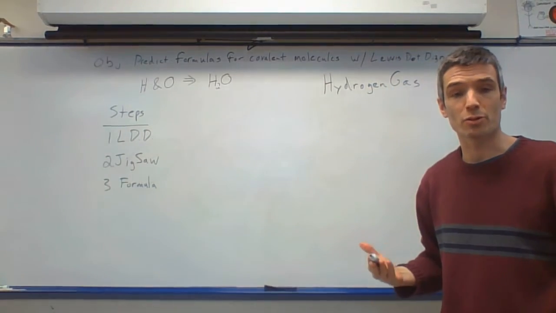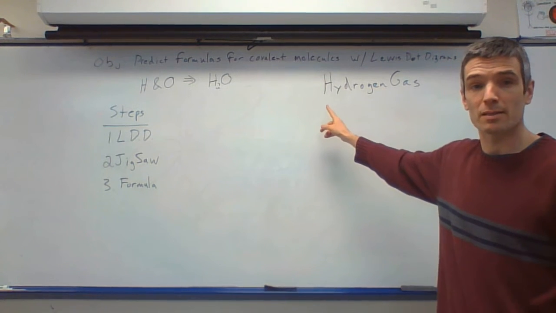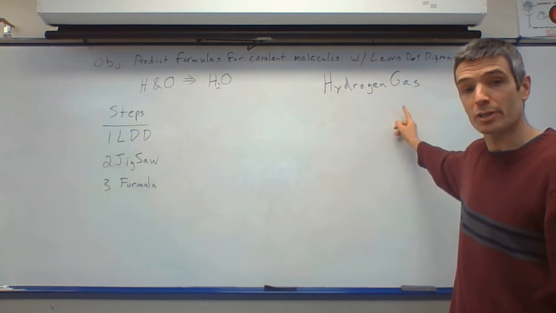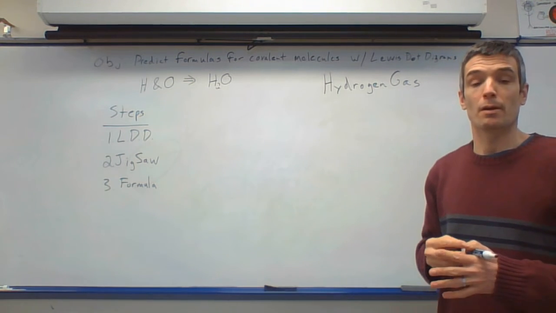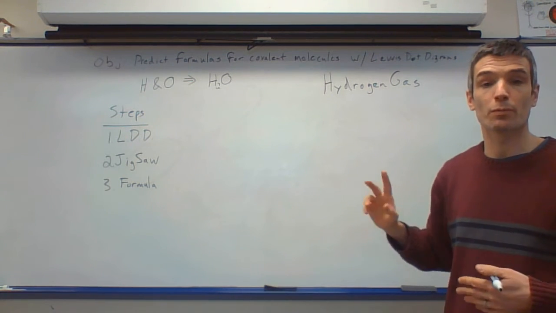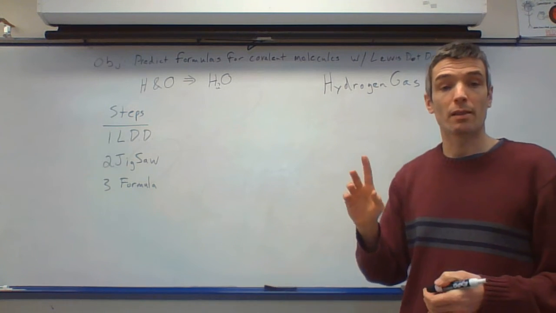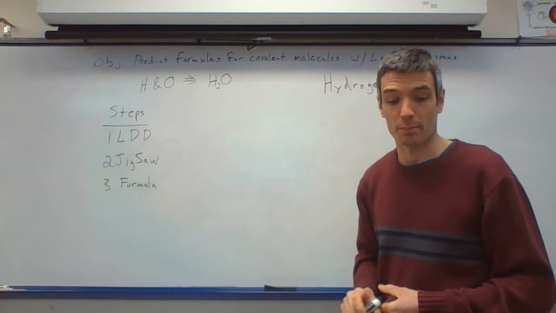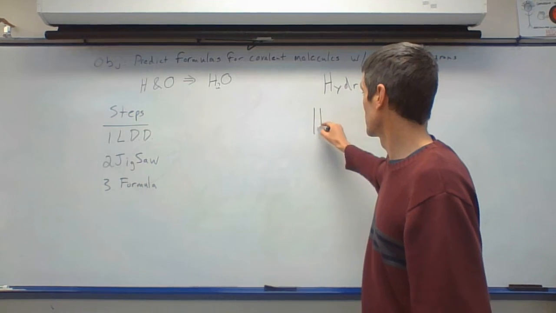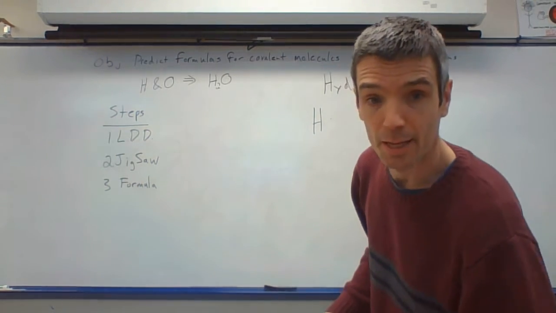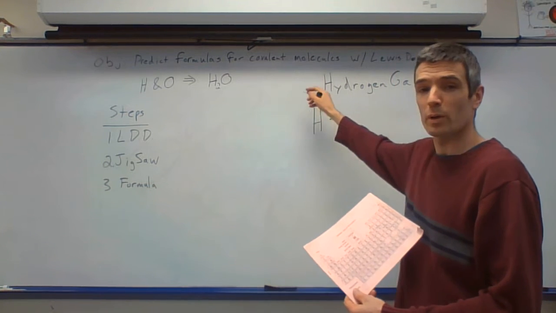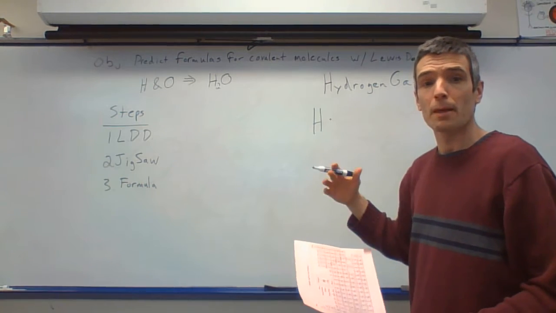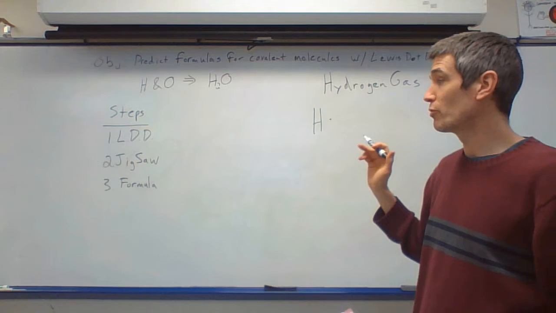The first example is hydrogen gas. And by its name, it's implying that hydrogen gas is just hydrogen. So what would the structure be of this molecule? The first step is to figure out their Lewis dot diagrams. So hydrogen is this, one dot. It's in the first group, so I've got one dot. Now, it doesn't matter which side you draw it on. And then I'm going to jigsaw